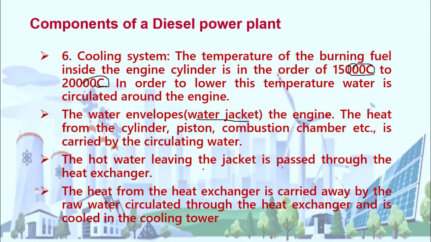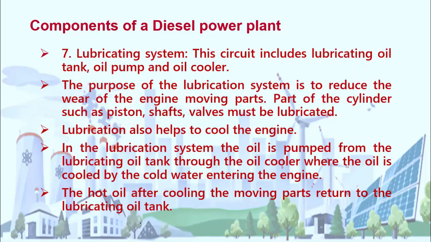This hot water leaving the jacket is passed through the heat exchanger, where the heat exchanger removes the heat of the hot water and converts it into cooling water, right? Another cooling water circuit is used to extract the heat from the hot water, which is injected into the water jacket, right? The last thing is the lubricating system. This circuit includes a lubricating oil tank, oil pump and oil cooler. The purpose of the lubrication system is to reduce the wear of the engine moving parts, that is, parts of the cylinder such as